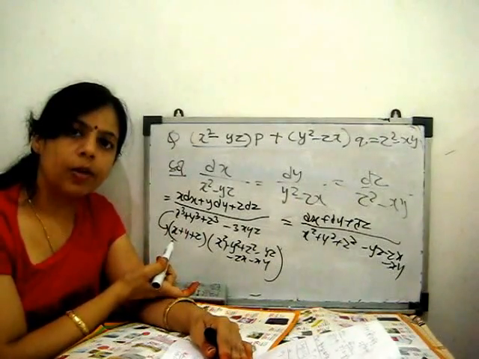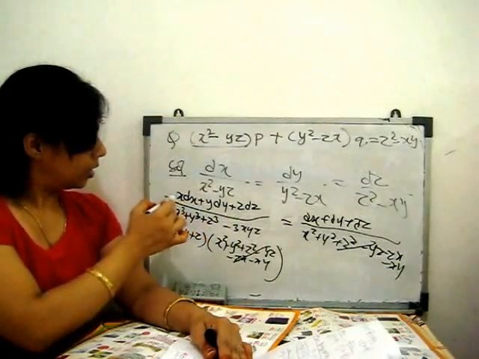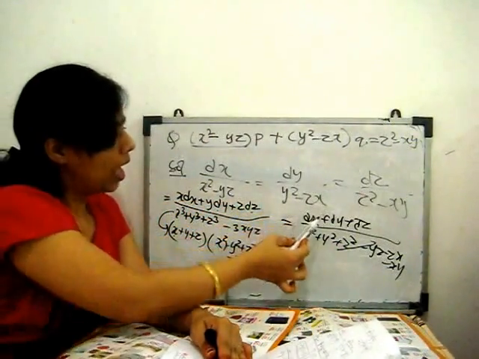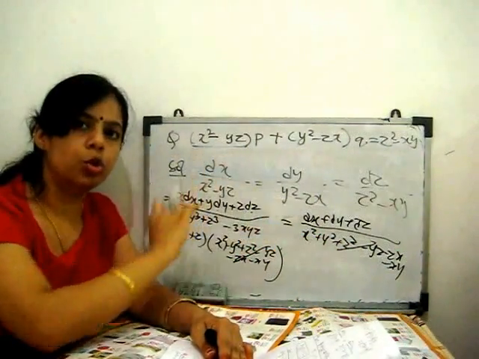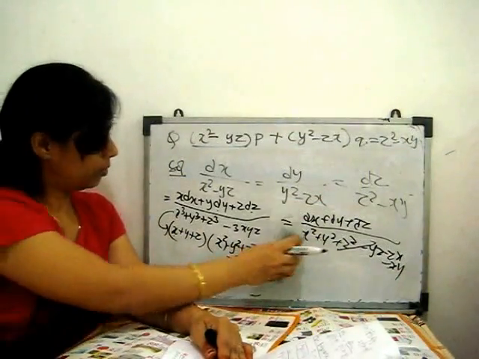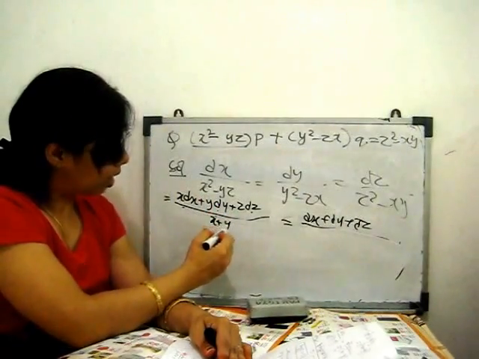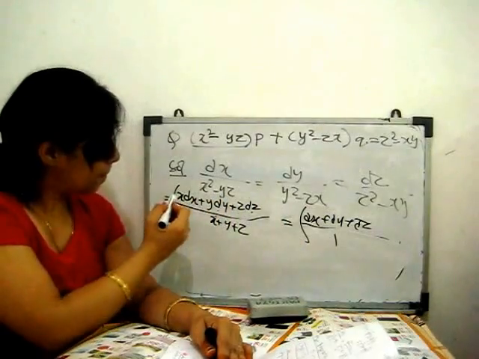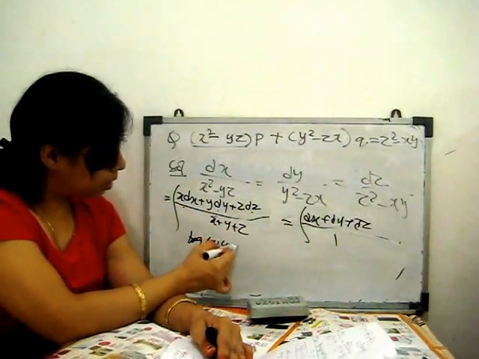In trigonometry, when you solve the equation, you can see this. So this cancels out from here. So this is x dx plus y dy plus z dz upon x plus y plus z, and dx plus dy plus dz upon 1. We can use now these two relations for our next constant. When we use these two relations, we can say this is equal to x plus y plus z upon 1. So integrate it. This is log of x plus y plus z.